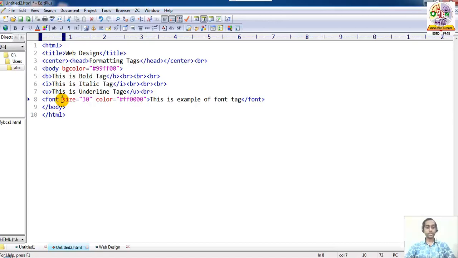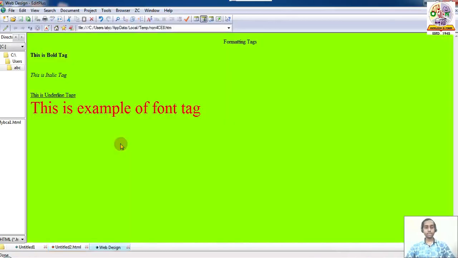Also it can be given a name. We have to choose Times New Roman. And execute it like that. This web page can be executed in Internet Explorer or Google Chrome, which is fully supported by Edit Plus software.